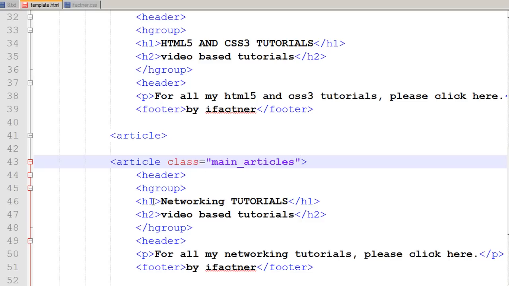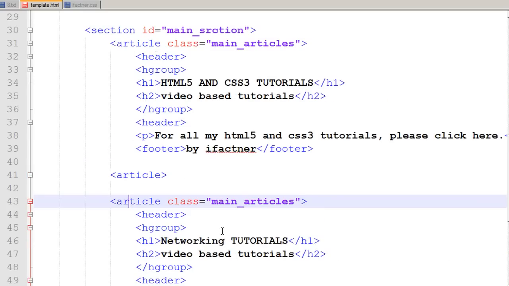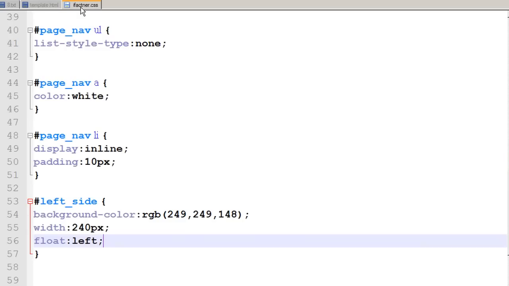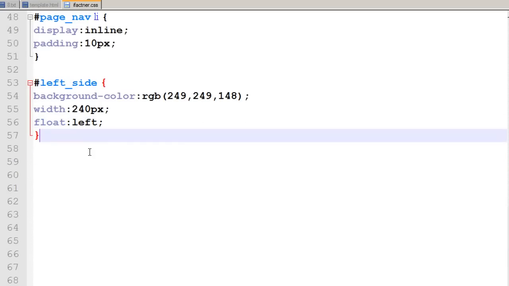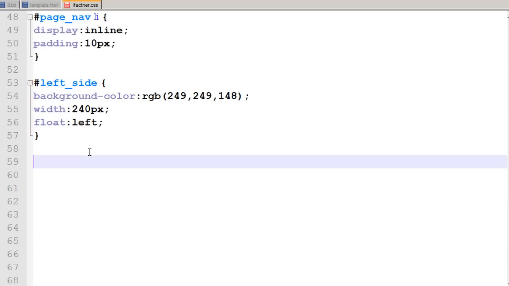So now I have assigned both of these articles to the class of main articles. I save my page and then I go to ifactioner.css file and I scroll down,